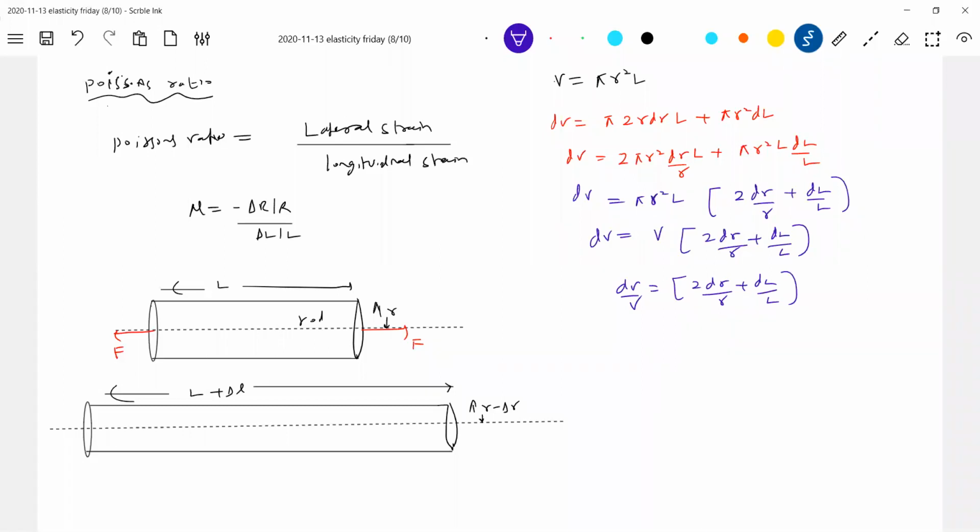So now I'll put a condition. What is the condition? The change in volume will be 0. The reason for that: density equals mass by volume. Practically, if I go and check, most of the substances we have, say 1 kg of substance, will remain 1 kg only when you apply force. So mass will not change. The density also will not change. So what will happen to volume? Volume will not change.